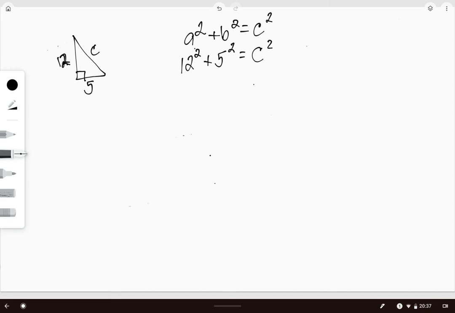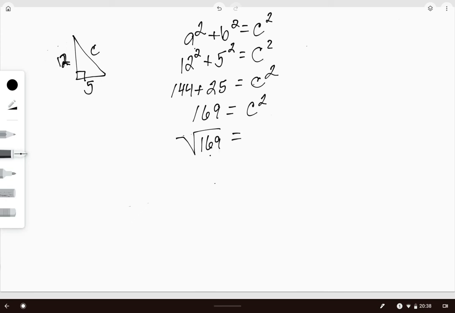So again, 12 squared means 12 times 12, not 12 times 2. So 12 times 12 is 144, plus 5 squared, or 5 times 5, which is 25, and all of that equals c squared. So now I add the two numbers together, so 144 plus 25 is going to be 169 equals c squared. So then the next thing that I do is I take the square root of both sides,